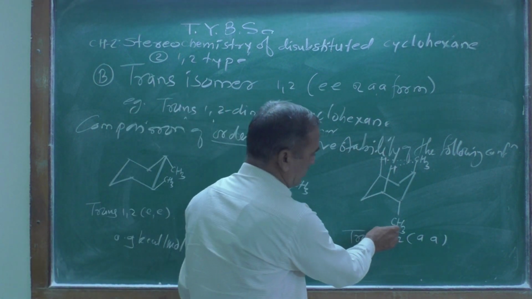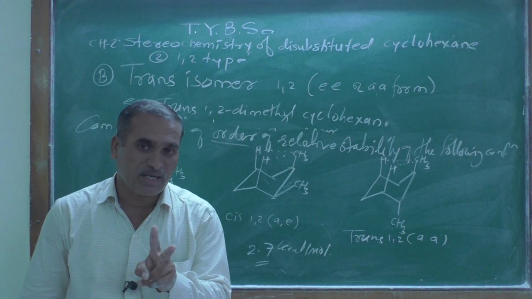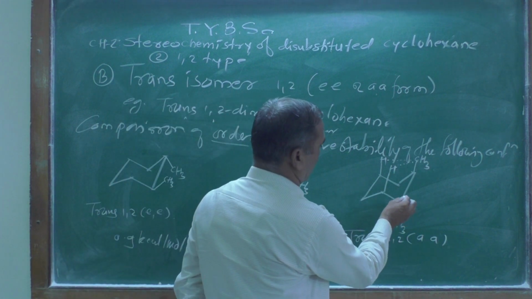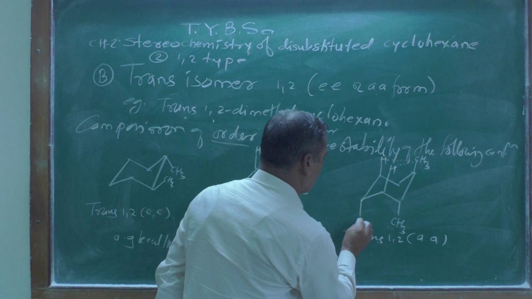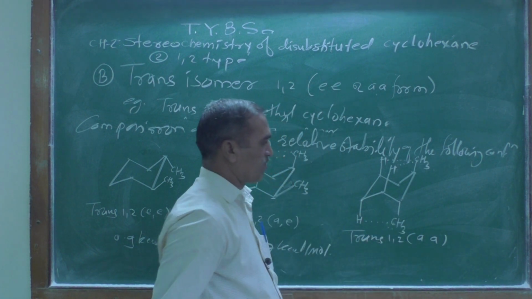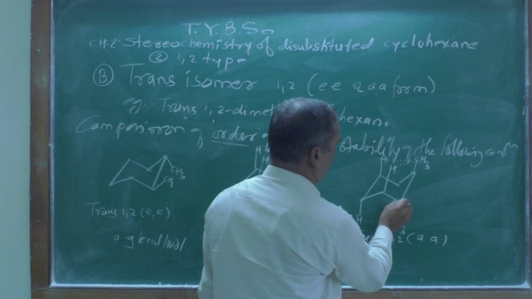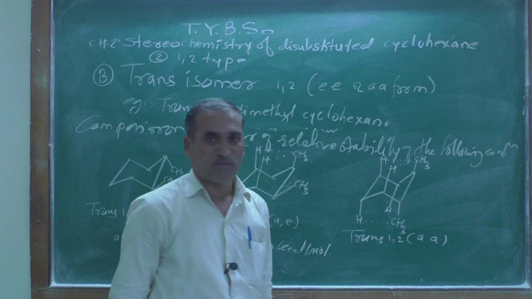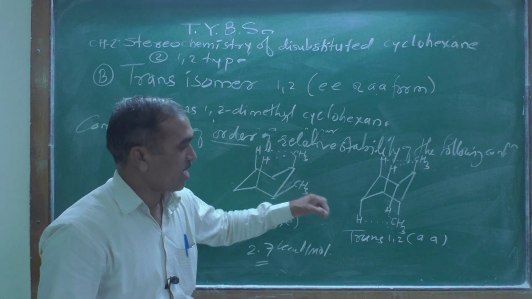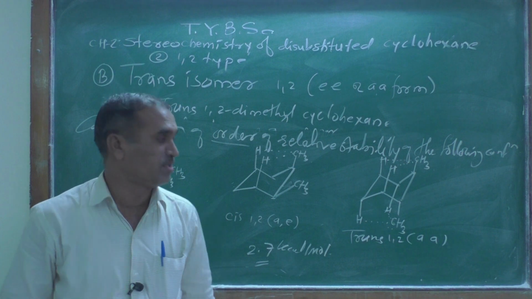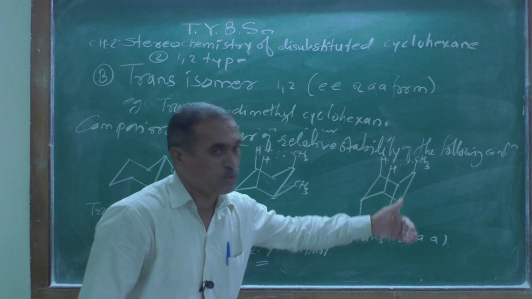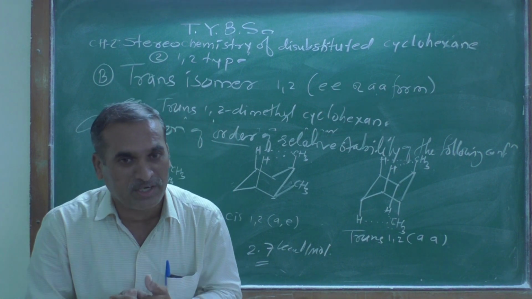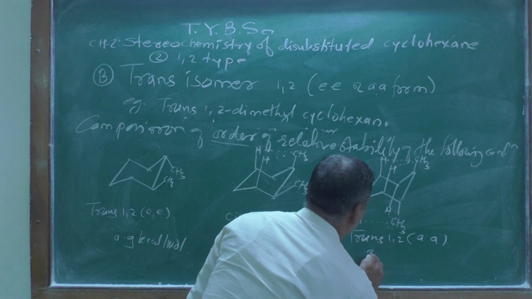If you look at the methyl group below, that also shows two 1,3 diaxial interactions. Again remember, here 1 2 3. What do you see here? A hydrogen atom that shows a 1,3 diaxial interaction. If you go this side, 1 2 3, there is one hydrogen atom also present at the 1,3 position, and therefore they show two 1,3 diaxial interactions. Below 2 and above 2, total becomes 4, therefore 4 multiplied by 0.9 equals 3.6